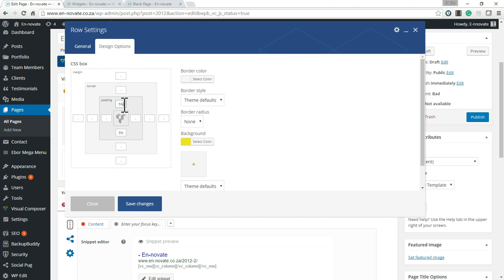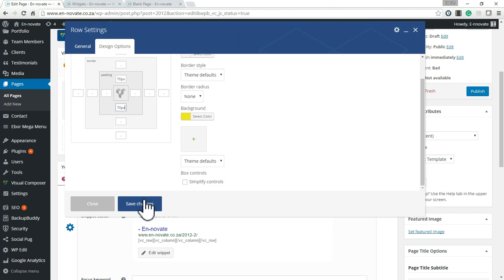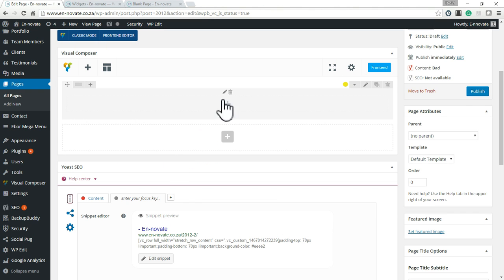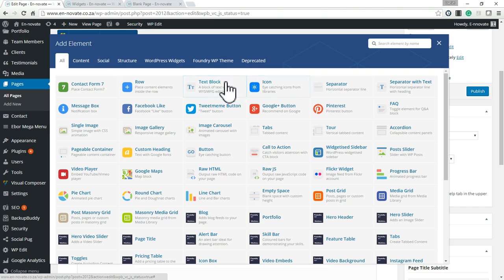5%, or you can make it pixels, so you can choose 70 pixels. And click save. And I'm also going to give this 2 columns. I'm going to give it 1 small column and 1 large column. In here I'm going to add a text block,